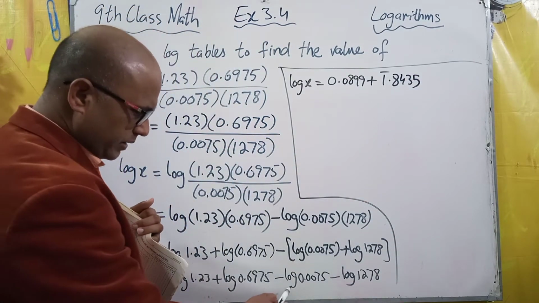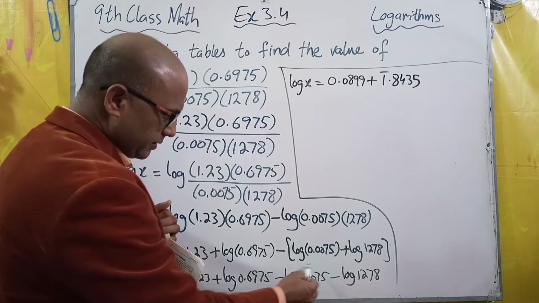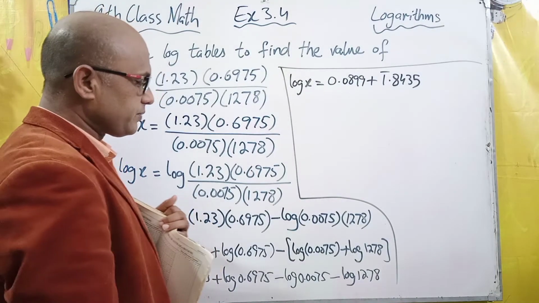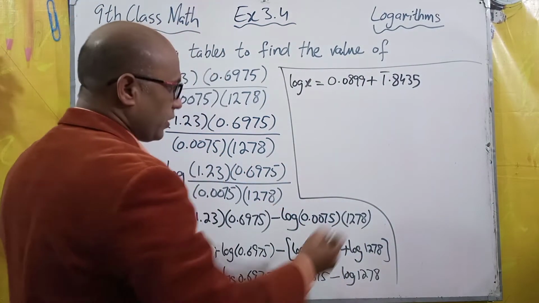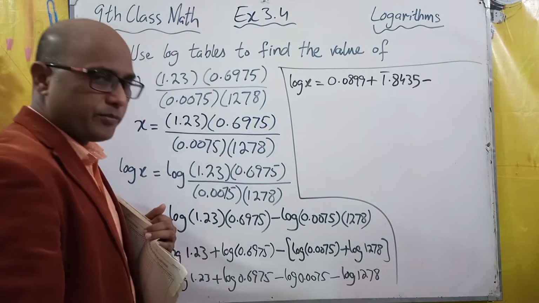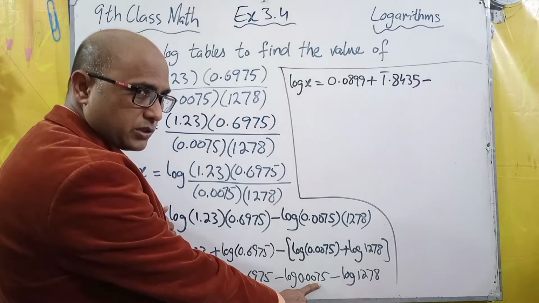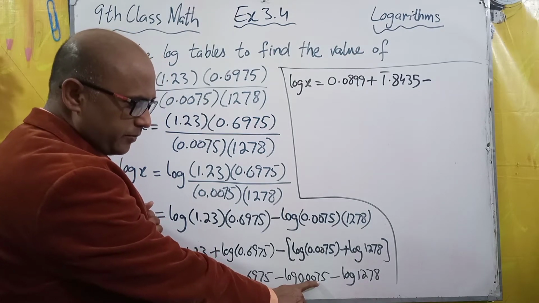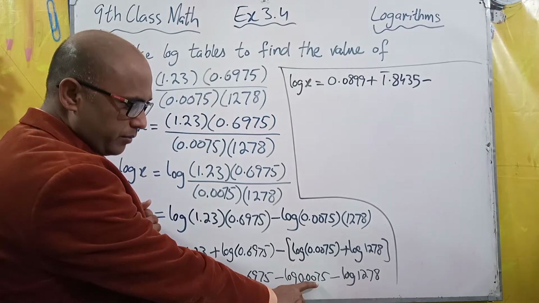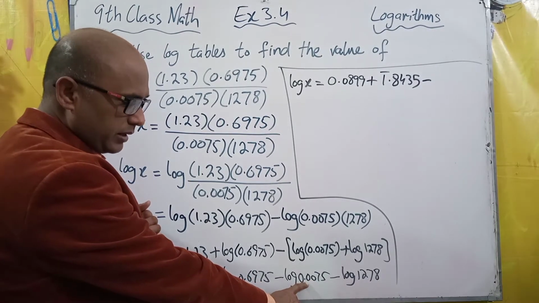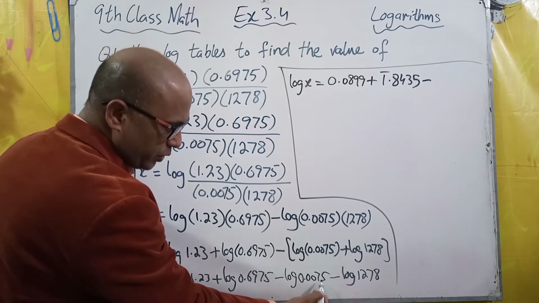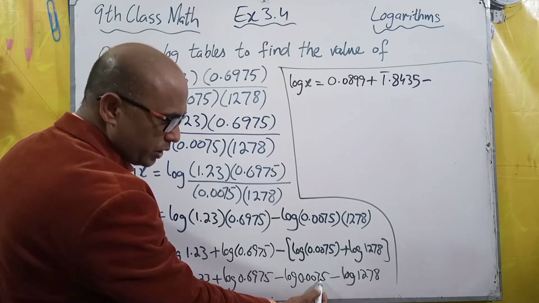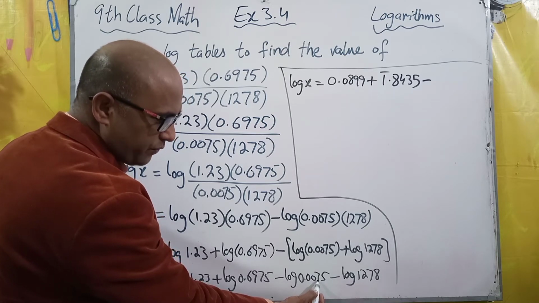Now students, we have to check the logarithm of this number, 0.0075. First of all, we'll write a minus sign here. Now see, the first non-zero number is 7, but the decimal point is before two zeros. If the point would be here after 7, the characteristic would be 0, but as it comes back,